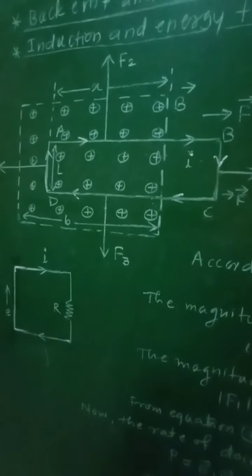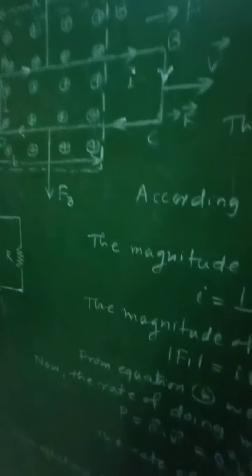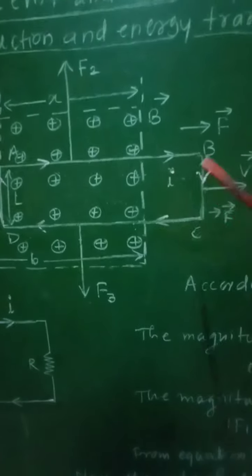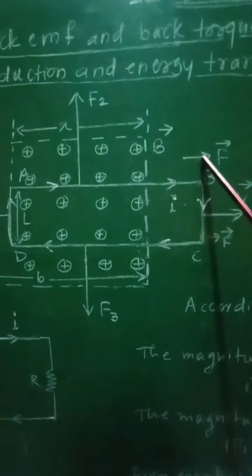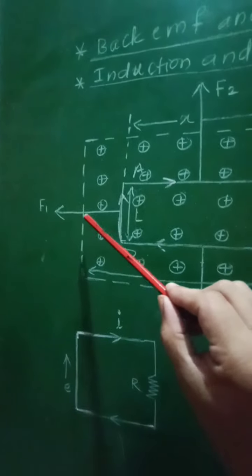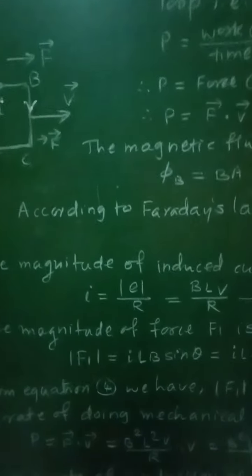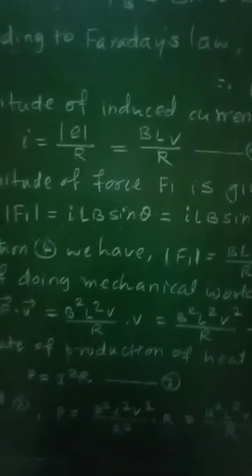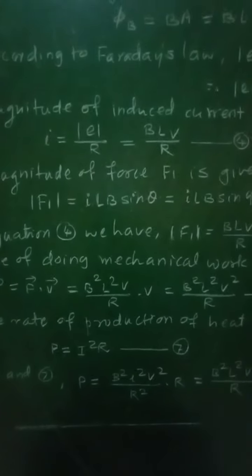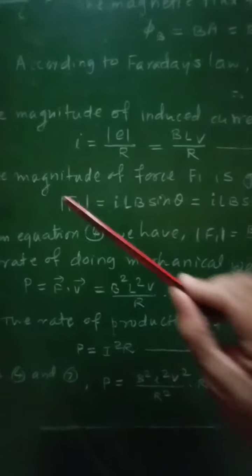Now in this case, force F will be equal to minus F1. This force F, that is the externally applied force, must be equal to minus F1. Then and only then will this rectangular loop be moved through some distance towards the right, and therefore